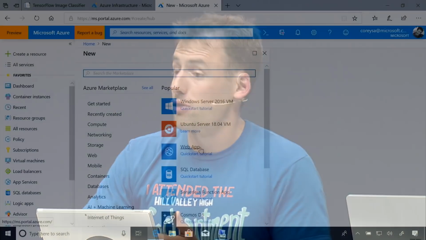And so I just showed you AKS plus ACI, and that removed a lot of the VM side of the house. But there are several ways for you to deploy and take advantage of serverless solutions without having to even think about containers. And so I'm going to pull this up here and show you, probably the best way to do this is with Azure App Service.